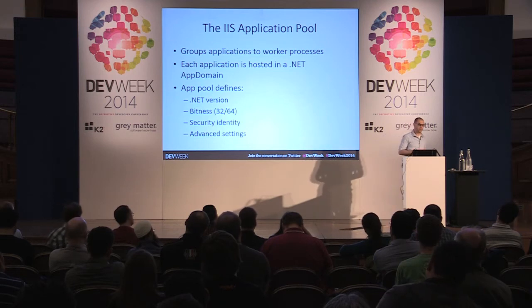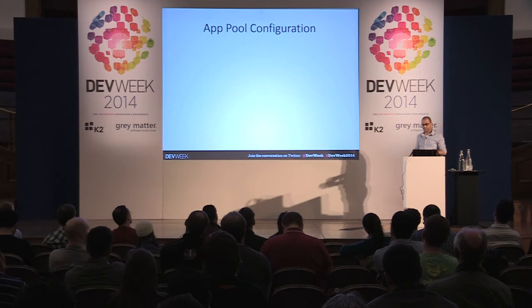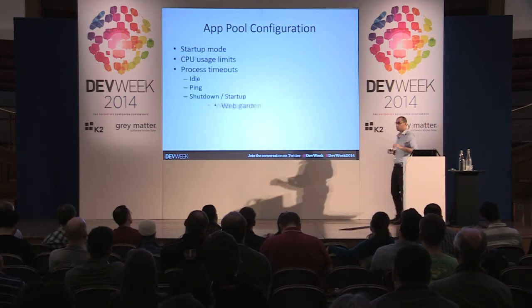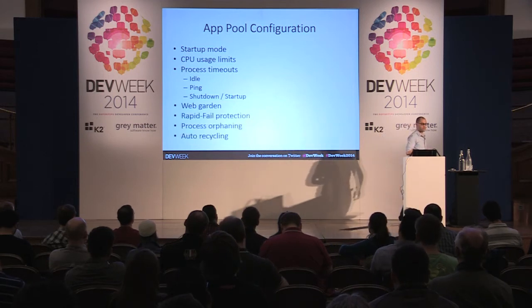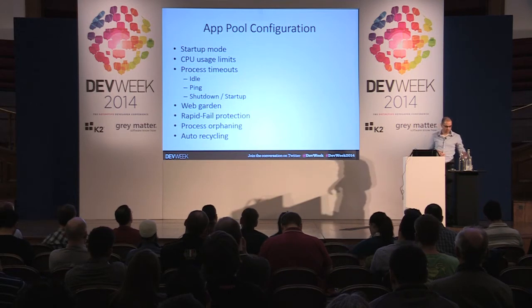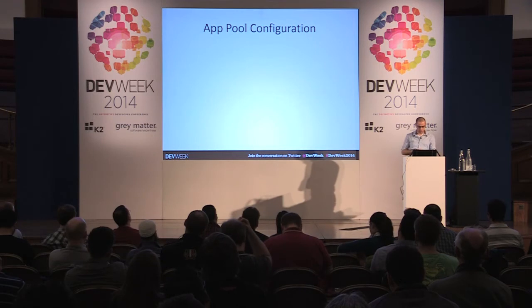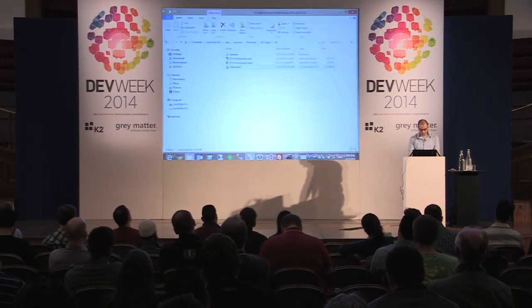Now, the interesting thing about application pools is actually the advanced settings. In the advanced settings, we can set a bunch of stuff, like whether we want the application pool to start automatically or not. We can set CPU throttling. We can set a whole bunch of things. So instead of just talking about each and every one of those, I want to show a demo of some of those features. So first of all,